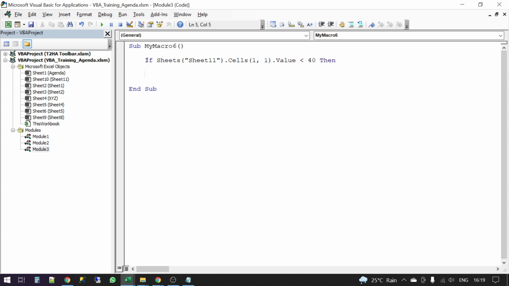now one important piece of syntax is if is followed by then, and the end of this if is end if. So whatever you write here in between this if and end if, that will get executed if this condition is satisfied. Okay. So if this cell is less than 40,